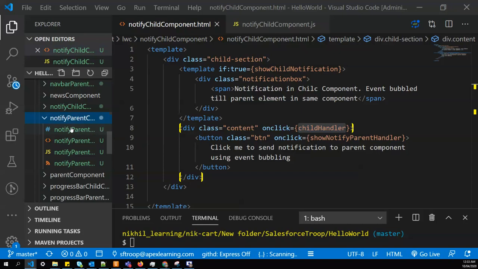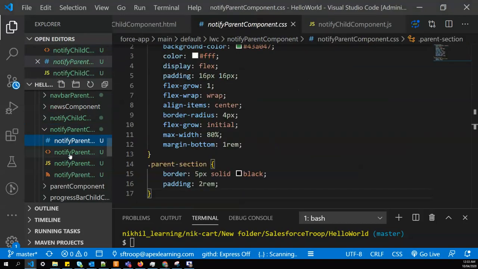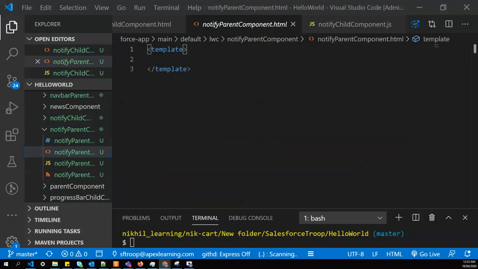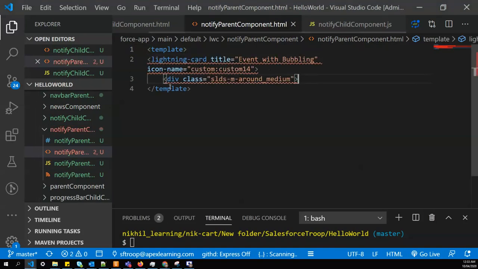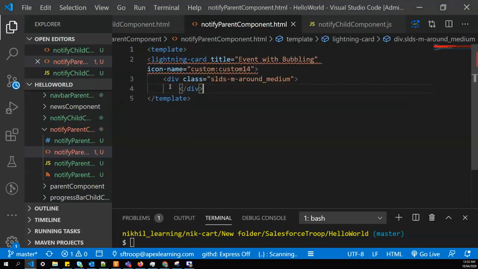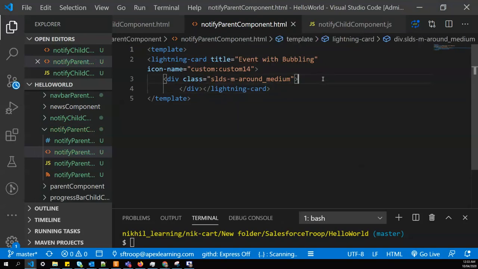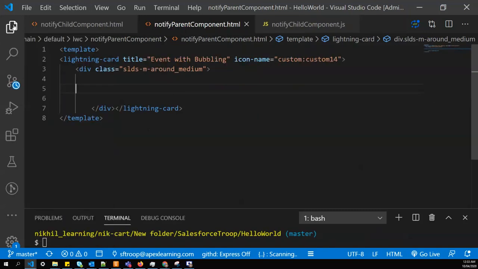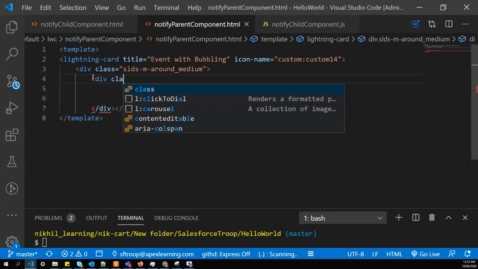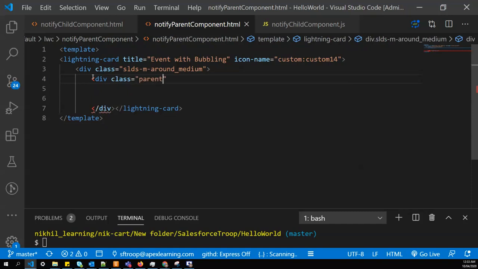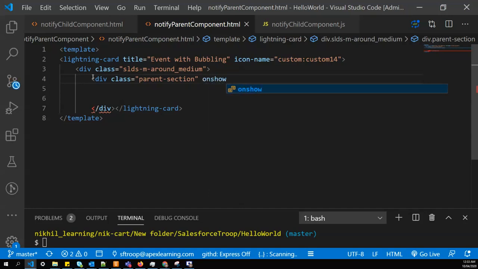So in parent component, we'll go to HTML, create the card, and within this card, we're going to create a div, class parent section, and on show handler.